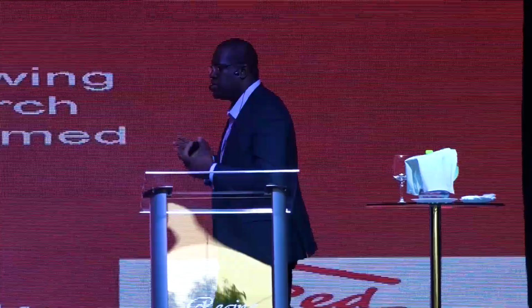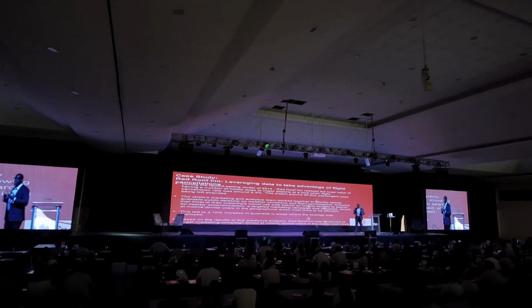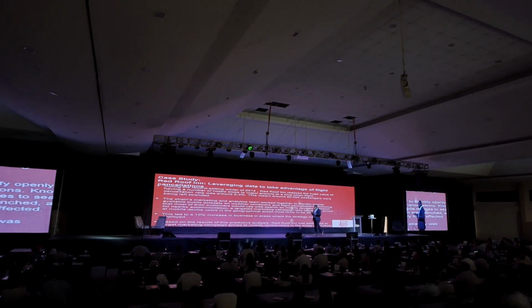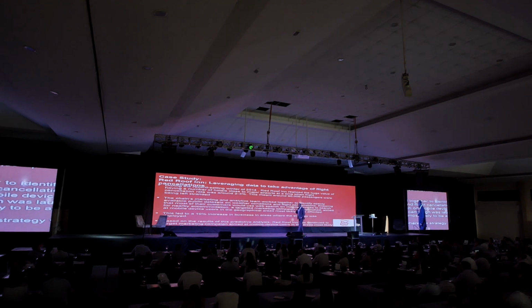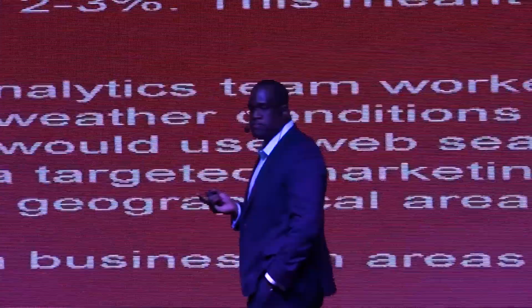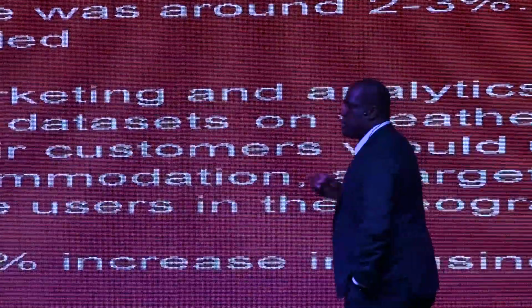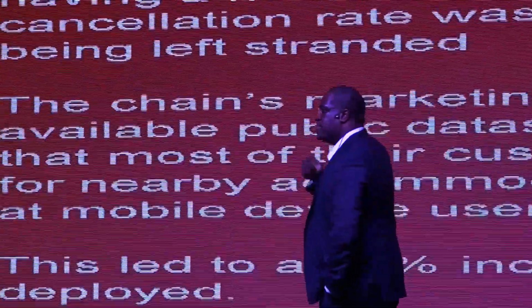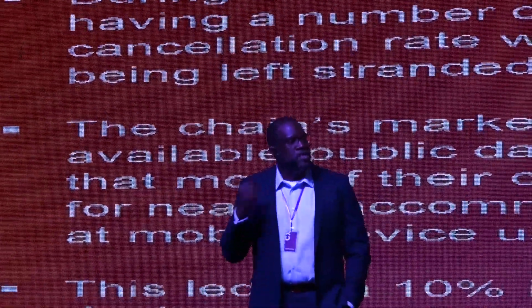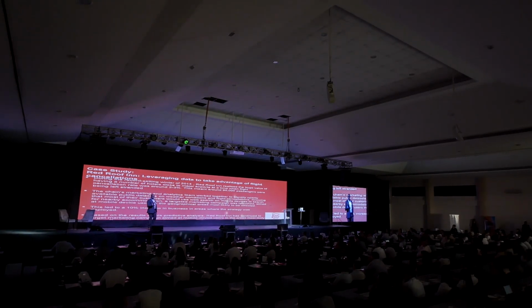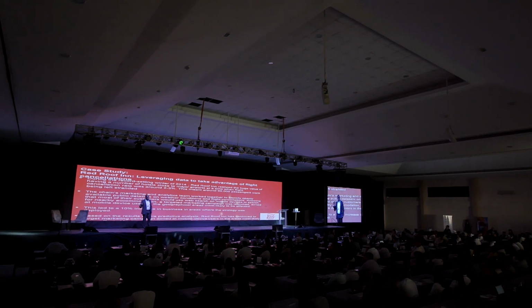What these guys realized was that every year, if you think about flight cancellations, specifically in the US, there's about 2 to 3% of flight cancellations in the US. It's a standard number. They said most flight cancellations are tied to weather conditions. So they went to publicly accessible data. You can get weather data, right? And they said, if we could figure out when the next major storm was coming, then we could predict that the majority of the flights are going to get canceled.